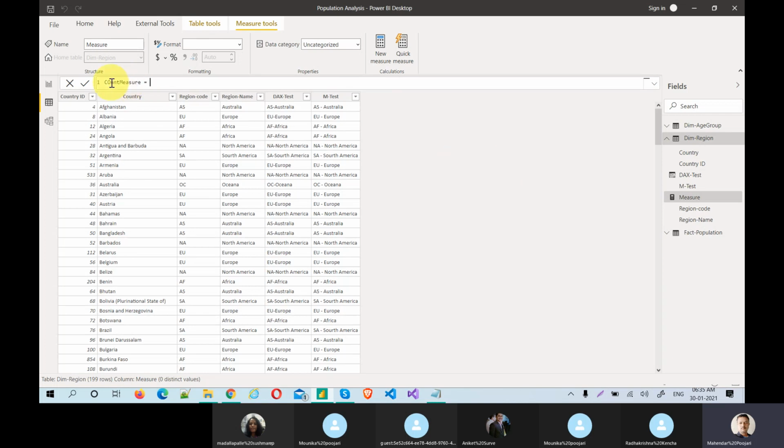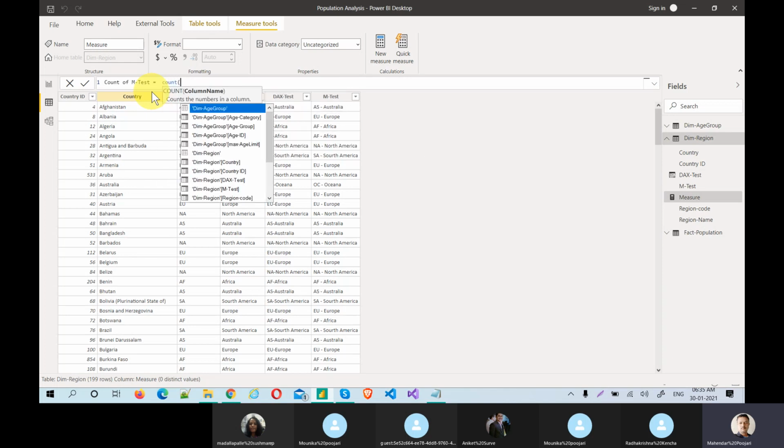The context is that I'm just trying to understand, which is why I'm using the name count measure. But for you, you have to use something like count of M test. So what is the count of M test? Simple: use the COUNT function and open the bracket.